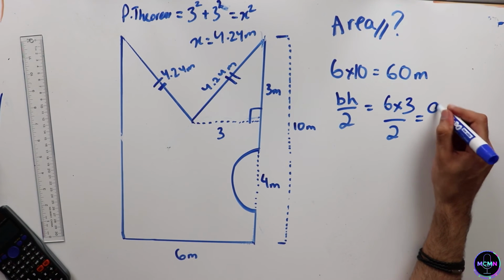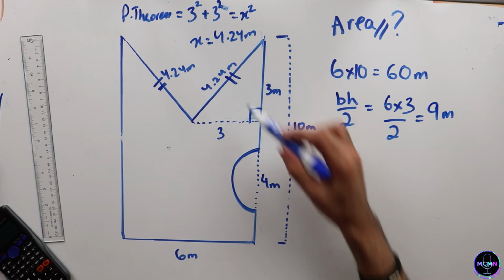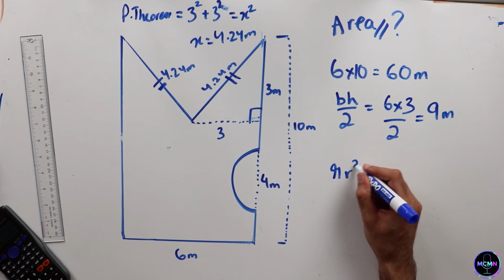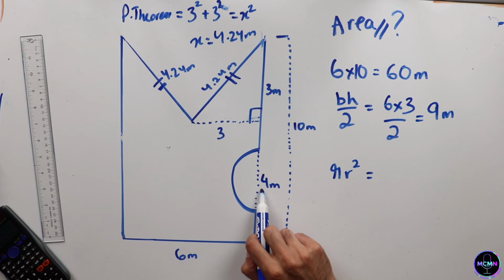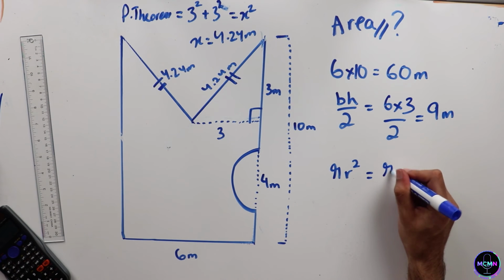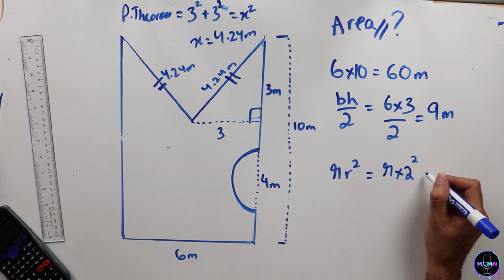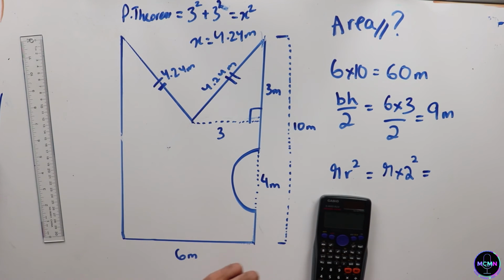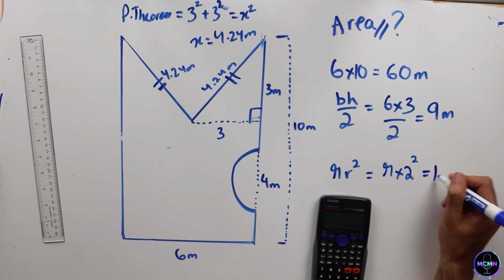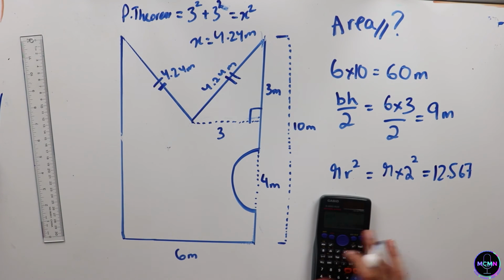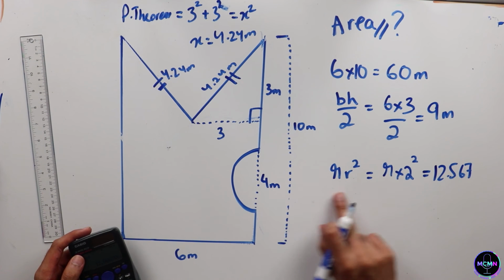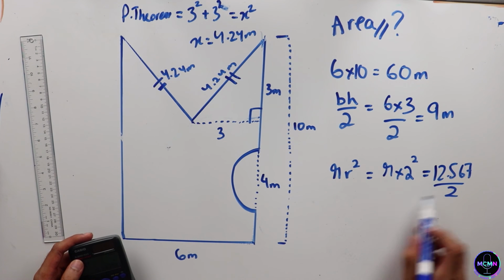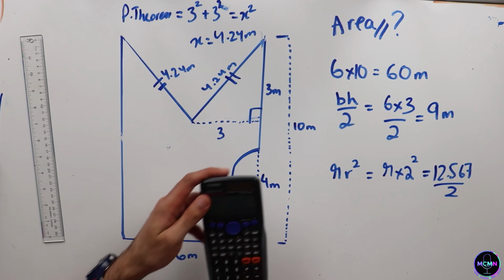The other gap I have is this circle. Another formula you need to know, the area of circles is always equal to pi r squared. The r of course is going to be 2 again, half the diameter, so we get pi times 2 squared, which is 4 pi, which is 12.56. I know we all like decimals more. However, recall this is half a circle, so this area would be for an entire circle that has a radius of 2. So we're going to divide this by 2 so that it applies to half a circle. If I divide that by 2, I'm left with 2 pi or